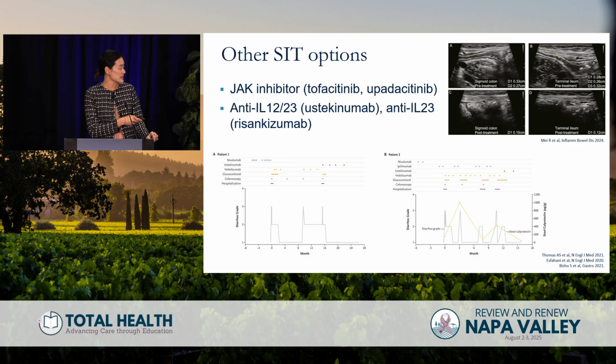On the bottom here, this is data from MD Anderson, and I know it's a little bit small and hard to read, but basically this is grade of diarrhea on the y-axis and time on the x-axis. And this patient, you can see, received a lot of things: vedolizumab, steroids, hospital stays, and it wasn't until they got ustekinumab, which is an anti-IL-12, 23, that the grade of the diarrhea went way down here. And this is demonstrating basically the same pattern, but with the addition of ustekinumab here as well, with decreased diarrhea grade.